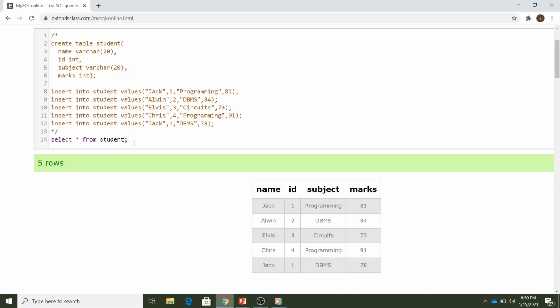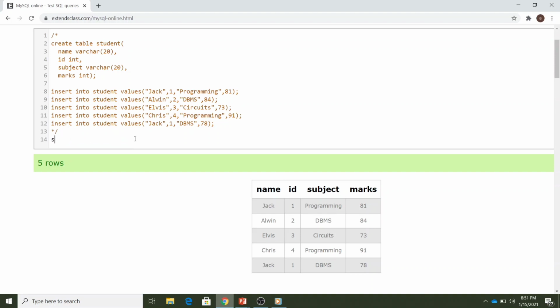What does second highest exactly mean? Second highest means the maximum marks from the whole table, except we have to remove the maximum from that table. If I remove the 91 element from this table and then find the maximum amongst the remaining elements, we can get 84. So that is what we will do.